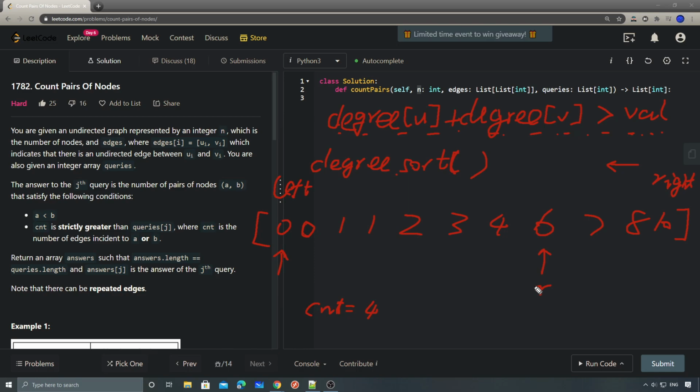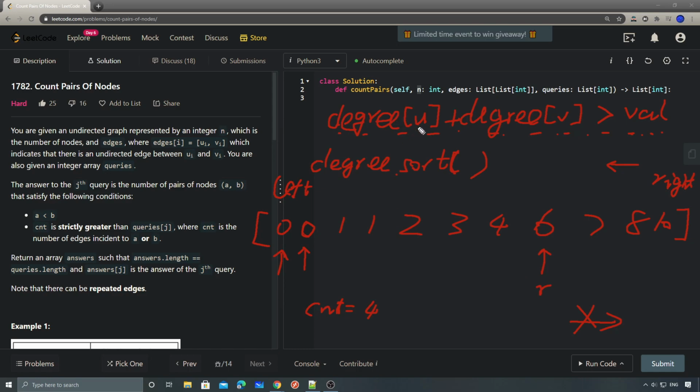And then, okay, so we keep this right here, move the right pointer here, and then we move the left pointer to here. Basically, for each of the left pointers, we try to shrink this, try to move this right pointer to the left as much as possible. And also, since the left pointer's degree u will always be increasing, there's no need to move this right pointer back to the right. It can only keep moving to the left,